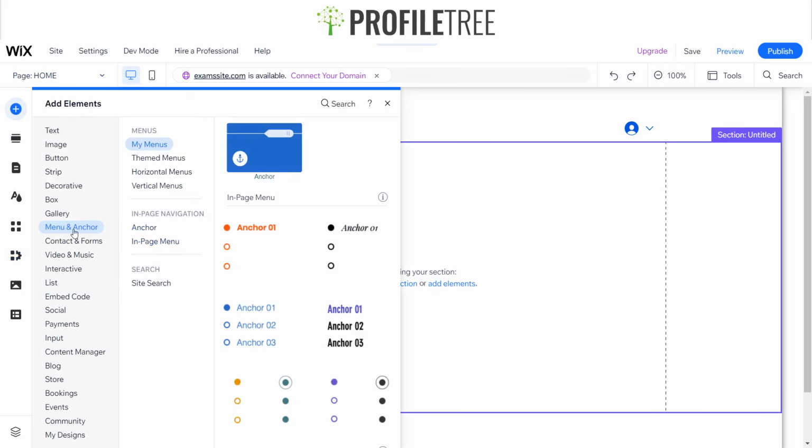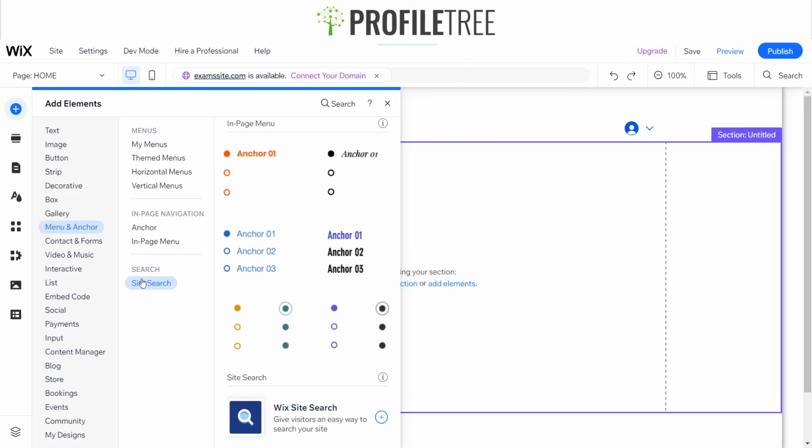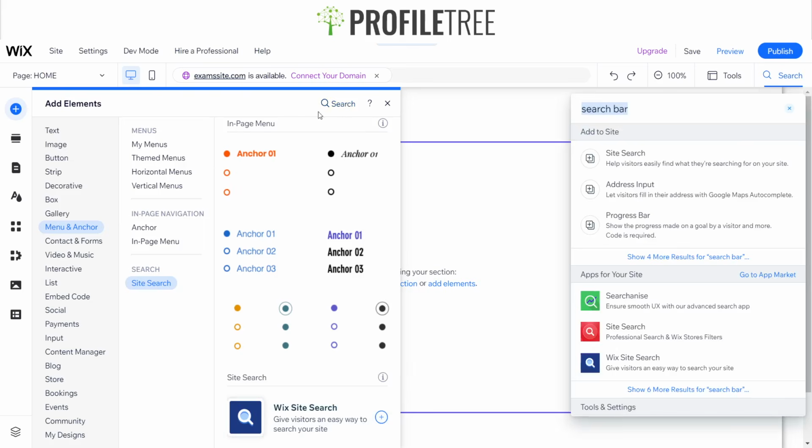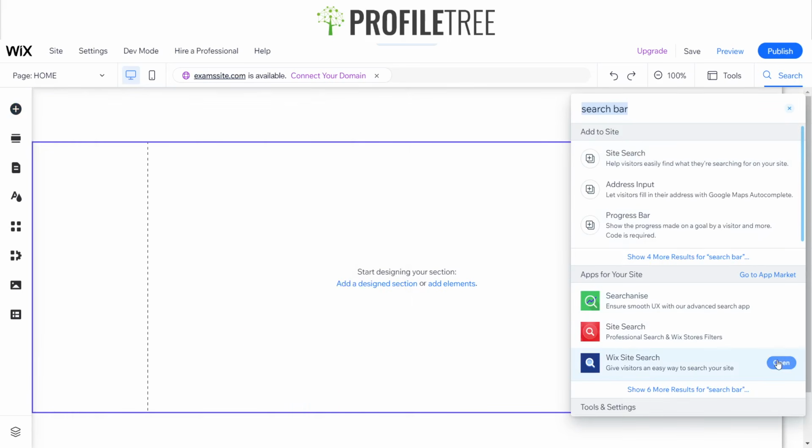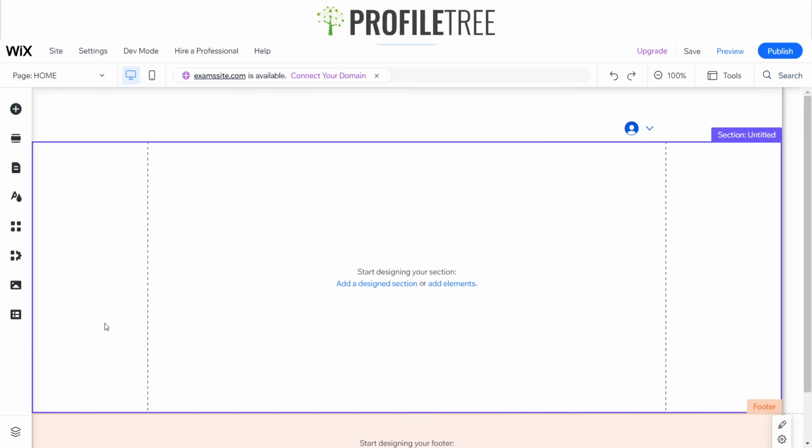As you can see here, if you go to menu and anchor, you can find it straight away. There's a site search, and it'll give you the option to add it in, or you can simply search up site search bar, and you can see the same thing here. If you can't find either, you can go to add apps,